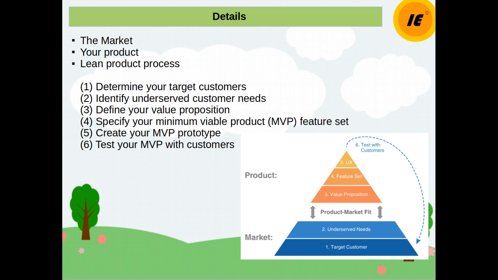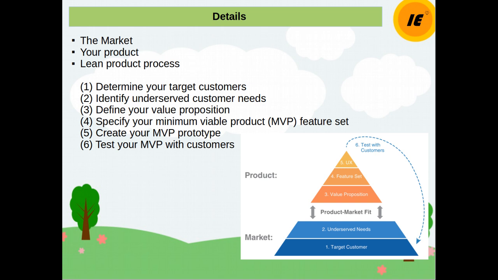So that's the example here. Again, I'm showing you the same lean product development process steps, and with that I'm showing you the figure here. I'm giving you a hint of what exactly the lean product development process is. Of course I have explained the steps, but here I'm saying a little bit more.